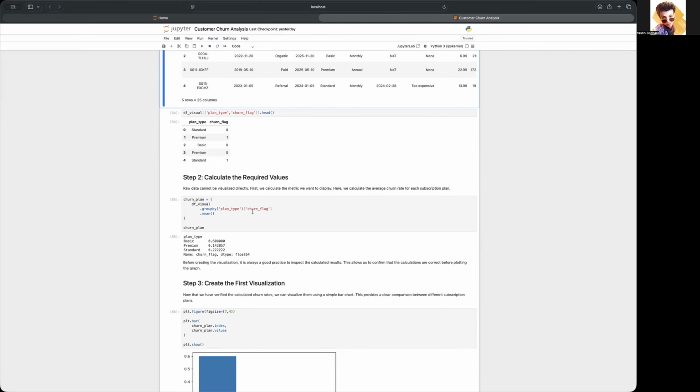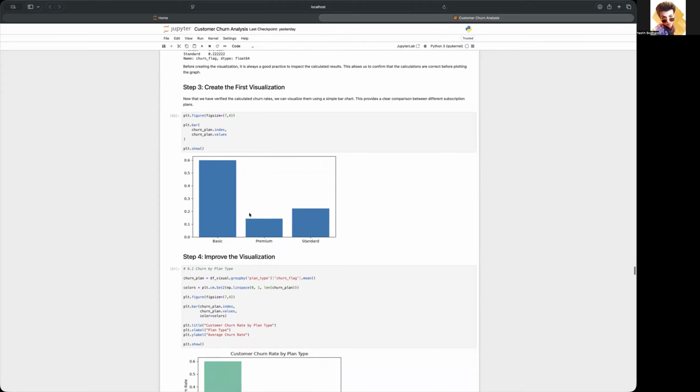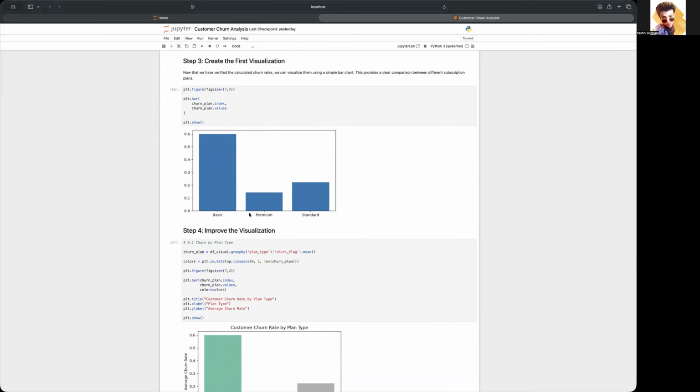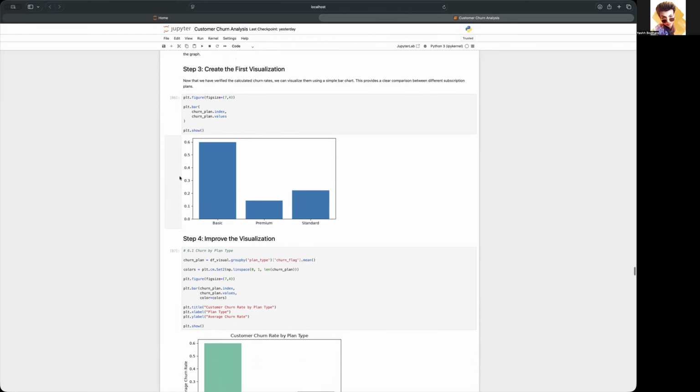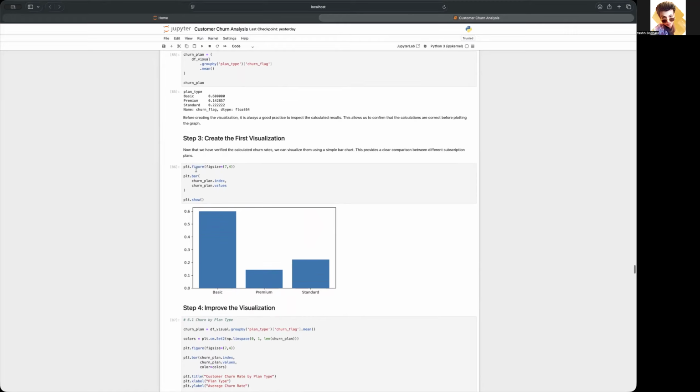Okay, so perfect. Now let's move on to step 3, that is to create the first visualization. So first of all, you see when we just, for example, here, as you can see,